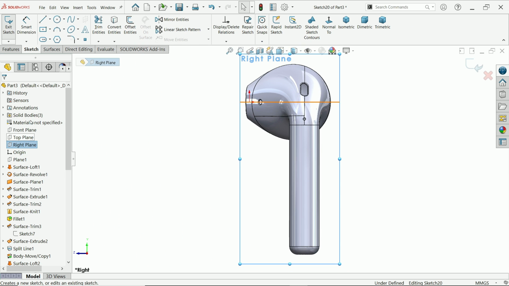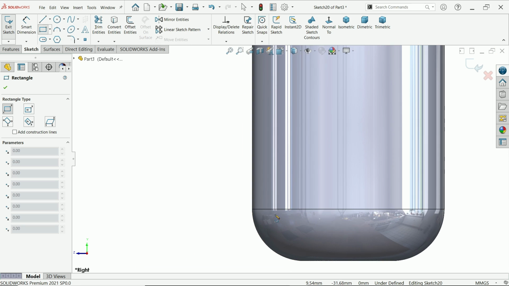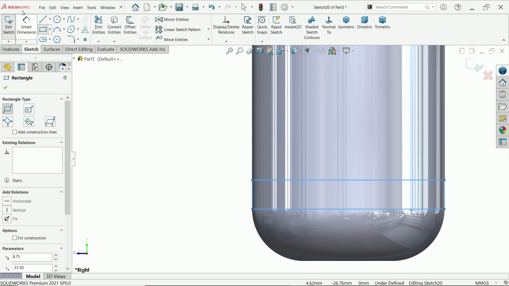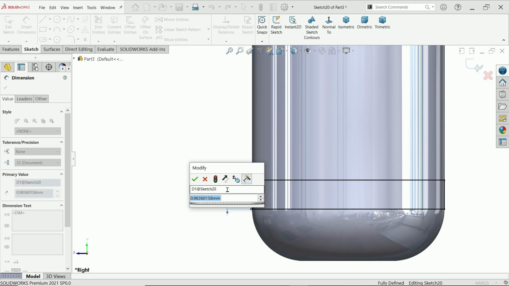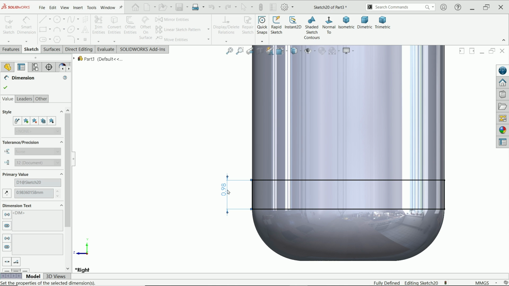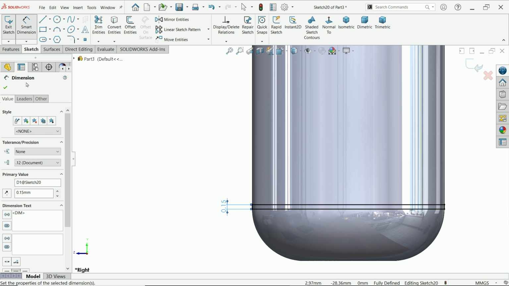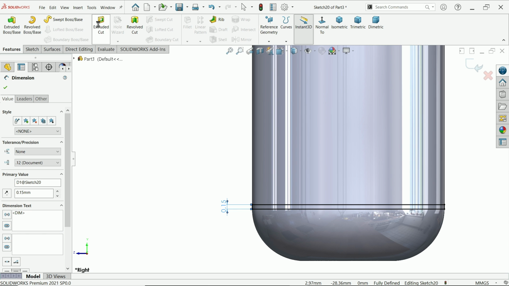Right plane, sketch. Now activate here corner rectangle. From here to this end, activate smart dimension, and let's say this 0.15 millimeter, and activate extruded cut feature